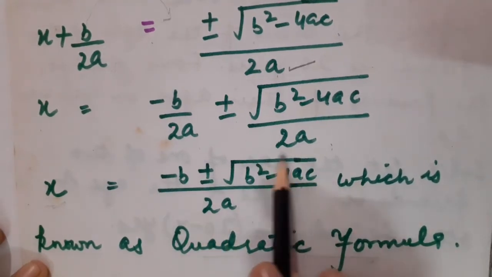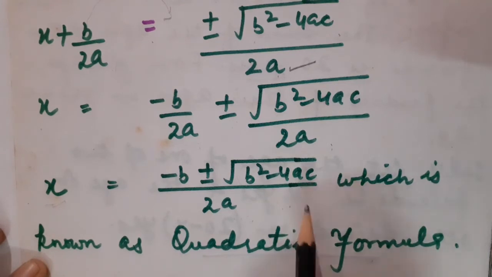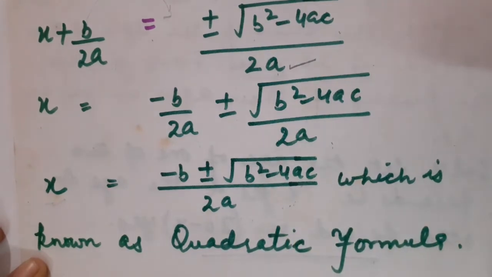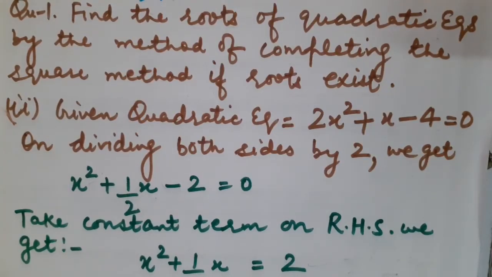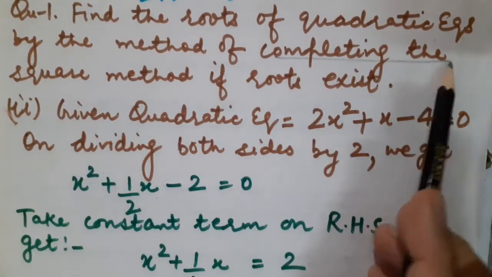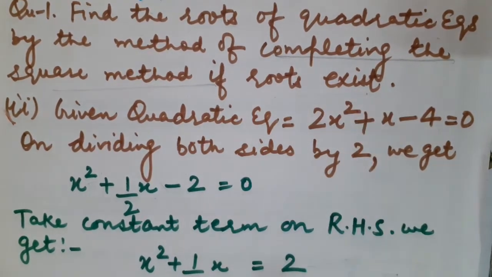So children, this is actually the quadratic formula. Fine. Which I derived using completing the perfect square. This is one of the ways to find out the roots of the quadratic equation. Clear, children? Now children, after memorizing all the three steps of completing the perfect square to solve the quadratic equation, let us switch to one example based on the same concept. Find the roots of the quadratic equation by which method, children? Of course, completing the perfect square. If roots exist, fine. So let us start.